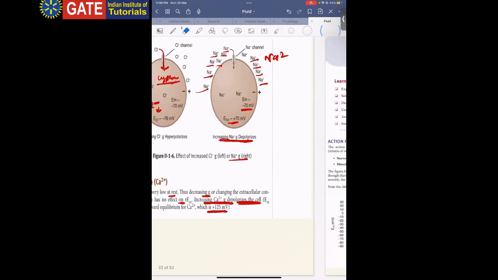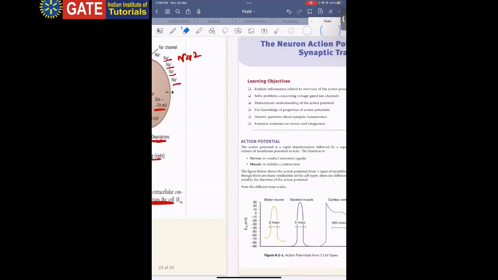So we'll stop here and then we'll be talking about the action potential and the synaptic transmission in our next